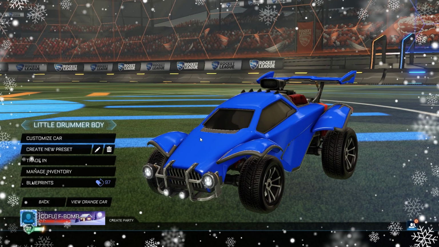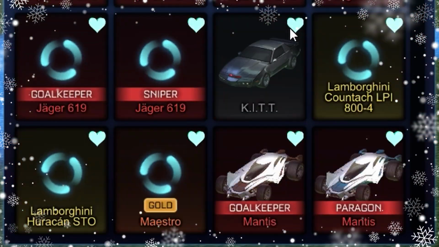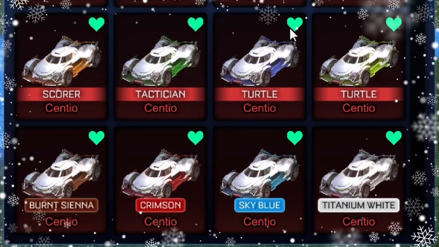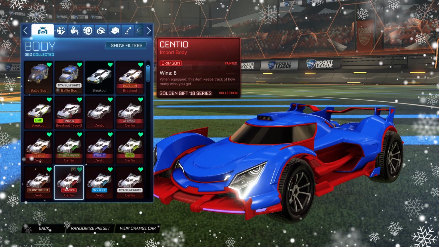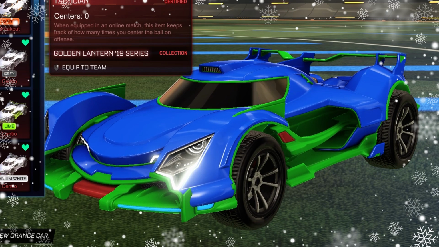And you guys will see why very, very shortly, once again. But as we begin here, you're going to want to go to your bodies. Again, you're going to want to equip a red and a green vehicle body. So I chose Sentio for this one. So you're going to want to do a crimson Sentio for your blue side and a green Sentio for your